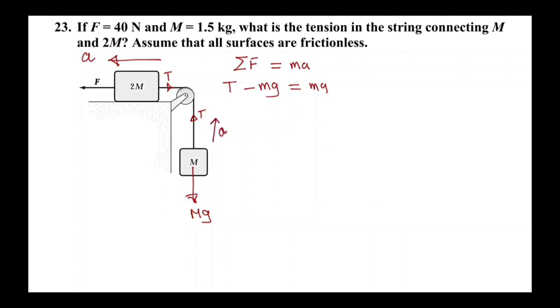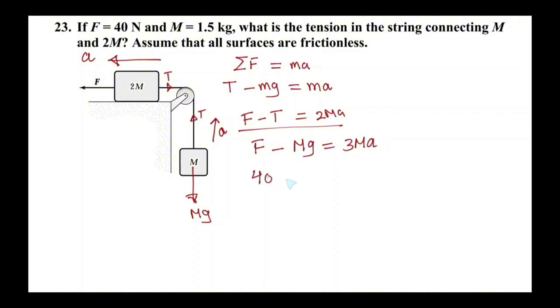So tension minus mg equals MA, and F minus tension equals 2MA. From system 1, tension minus mg equals MA, and from system 2, force minus tension is equal to 2MA. When we add these two equations, you will get F minus mg equals 3MA,